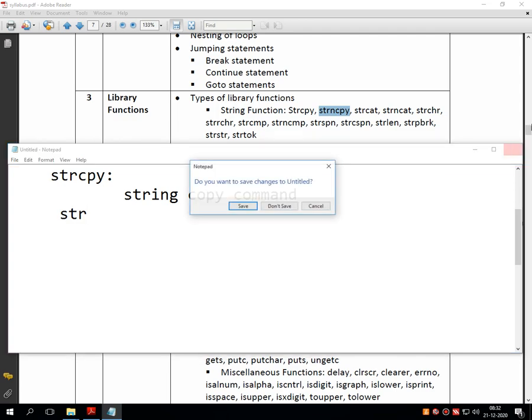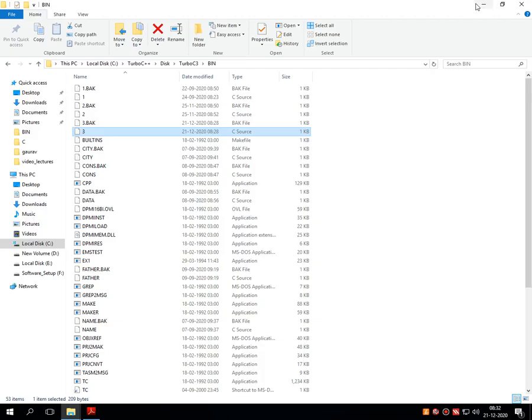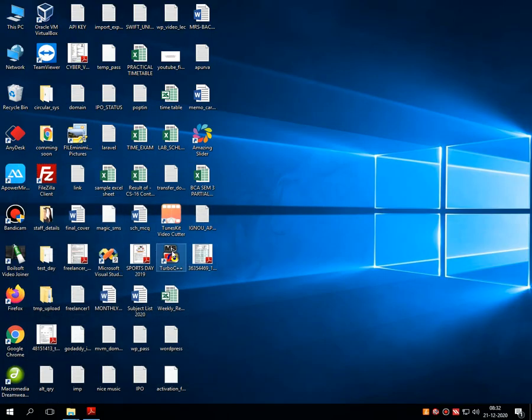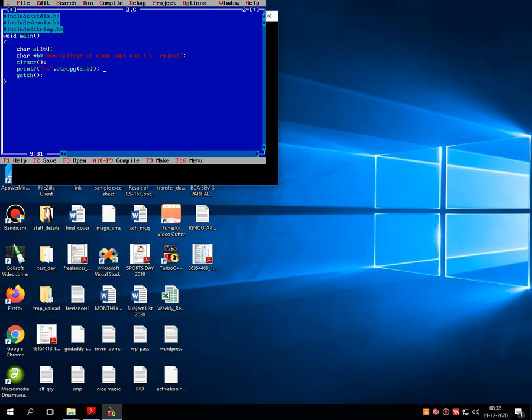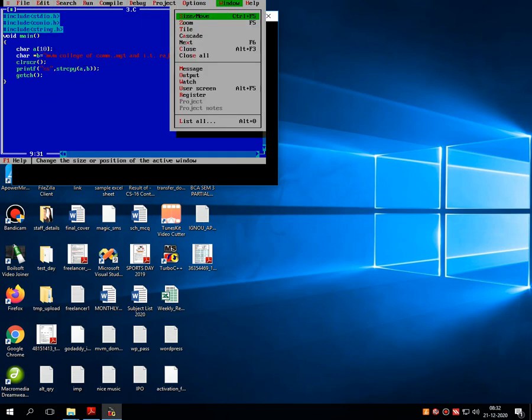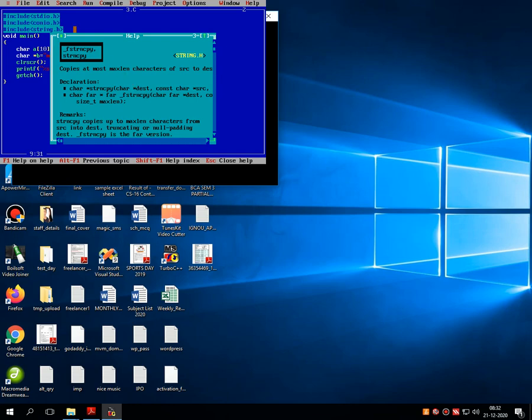I think let's go directly into C. No need to write over here. The output of strncpy is similar to the output of strcpy, but there is a minor internal difference between these two functions.